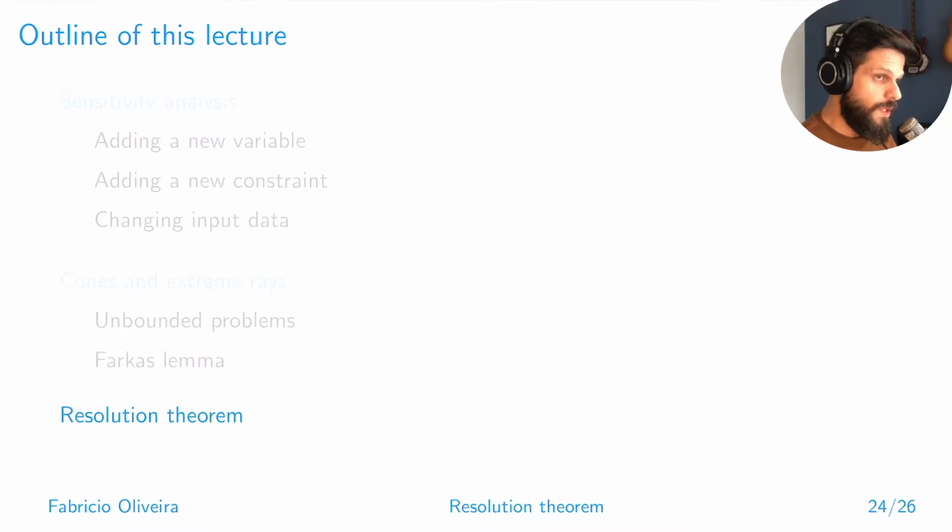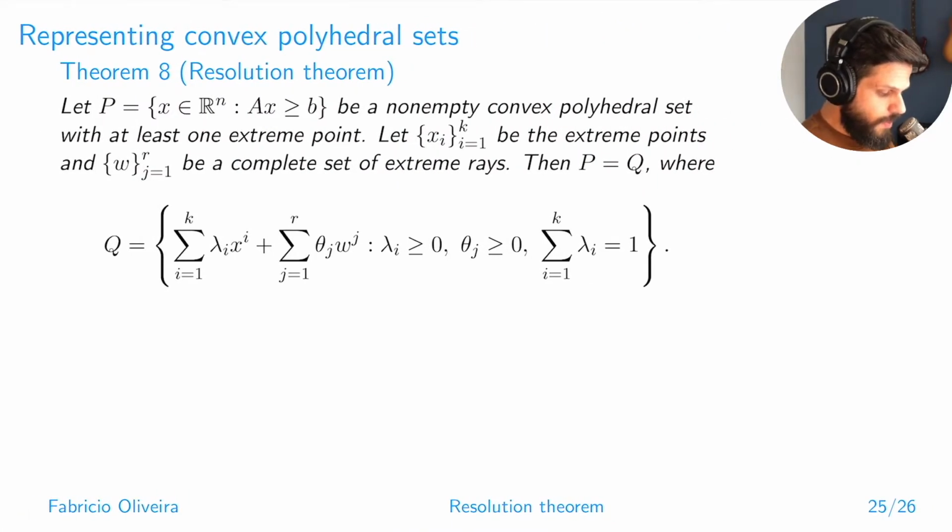So let's have a look at the theorem first. So the resolution theorem looks like such. Assume that you have a polyhedral set represented like so, like we've been doing so far, by a finite number of constraints defining half spaces. And we know that that defines a convex set. It's a polyhedral set, as we defined, and let's assume that it has at least one extreme point. So if you call the collection of extreme points X and a collection of extreme rays W, then